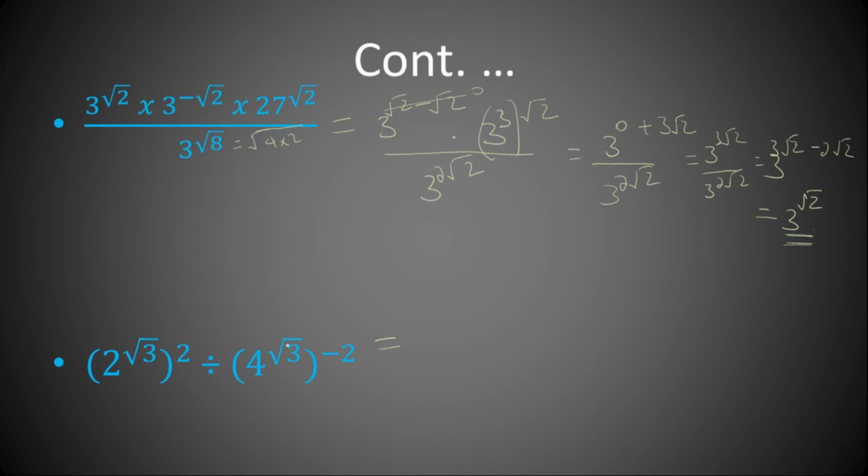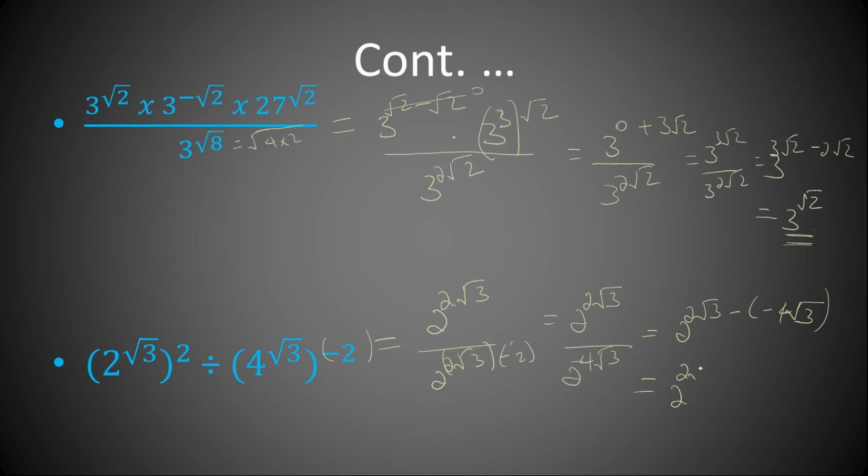Okay, for the fourth example, it can be multiplied to the power of twice radical 3. We can make this division into 1 over 4 to the power of twice root 3, times the whole power, which is minus 2. This is a product, so it becomes 1 to the power of 2 root 3 over 4 to the power of 4 root 3. This is negative because negative times 2 is negative, so it becomes to the power of 2 root 3 minus 4 root 3. Minus times minus is plus, so it becomes to the power of twice root 3 plus